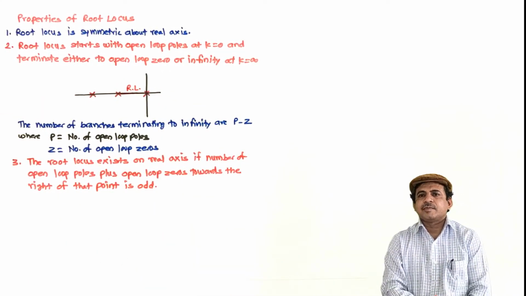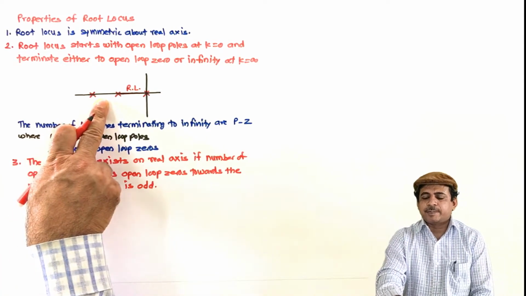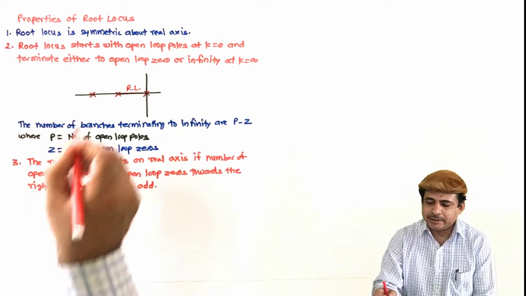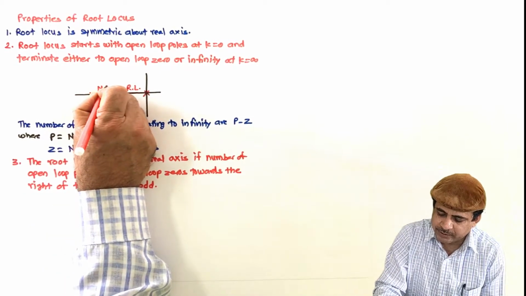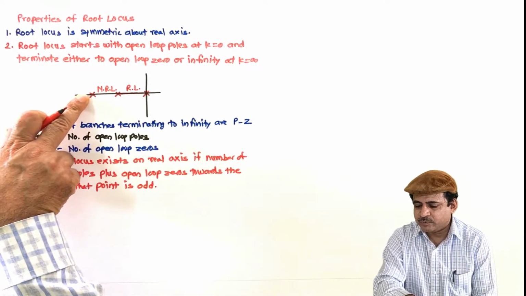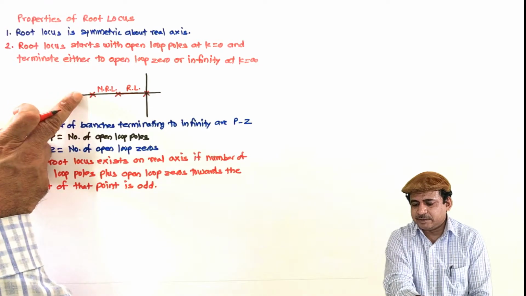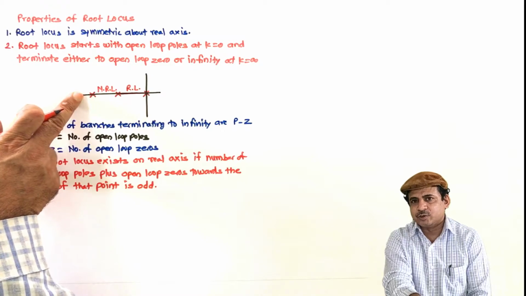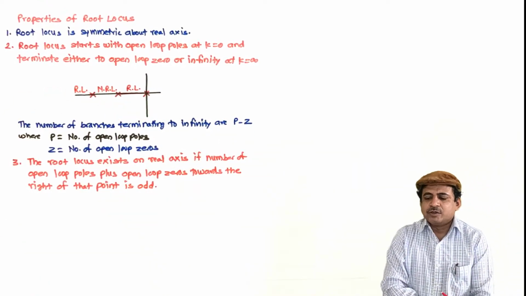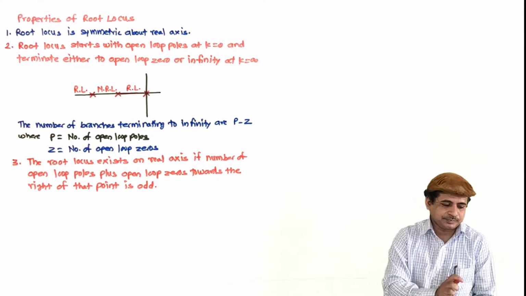It is there. Then if you look at this particular region between these two poles, the number of poles to our right is even, and here you have no root locus. So this region is of no root locus. And again you look at any point towards the left of this third pole, then the number of open loop poles plus zeros is equal to 3, that is odd. So here also the root locus exists. So this is how we can find out the existence of root locus on the real axis.